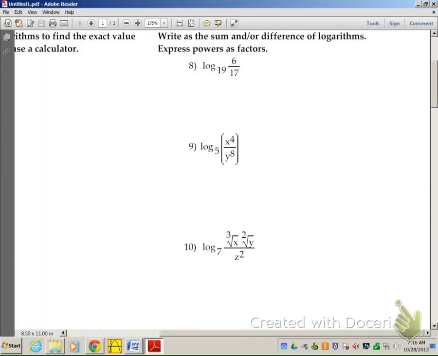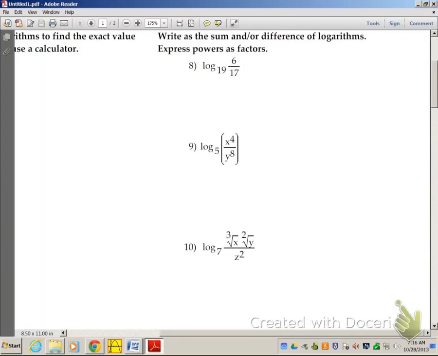So for our second video, we're going to tackle the right half of this worksheet here, the 5.5 notes. You may have noticed already that in problems 8 through 11 we're being asked to take one log and convert it into the sum or difference of logs. So we're taking an individual log expression, and we're going to separate it so that we break it down into its